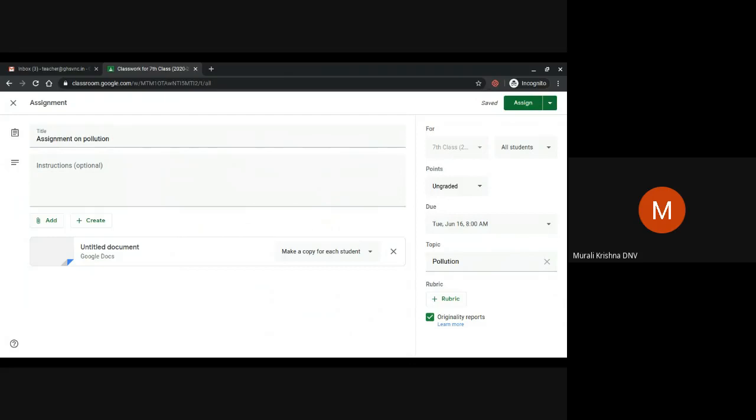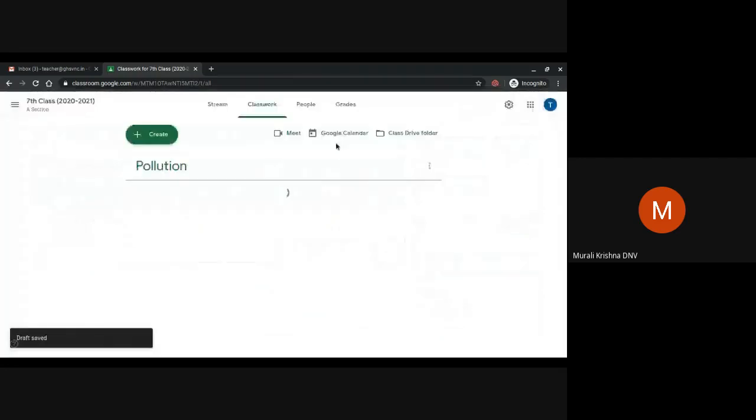Now here I have so many options like assign, schedule, save draft, and discard draft. See, if I'm in the process of creating an assignment but have not yet completed it, what I can do is save it as a draft. If I save it in a draft, it will be available under saved drafts. Let me show you how to see it. You can see a small label like draft. You have not submitted the information. It is in a draft.